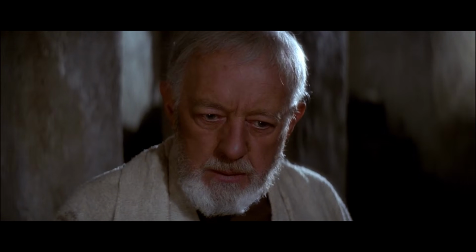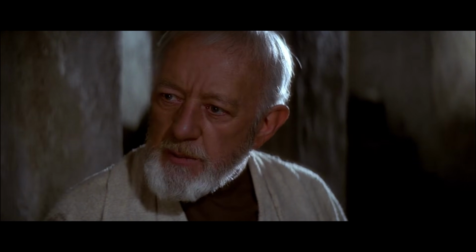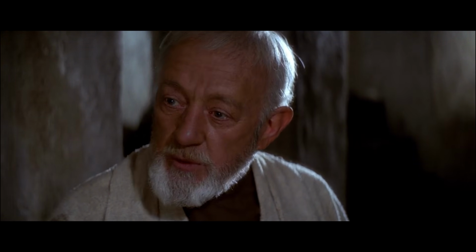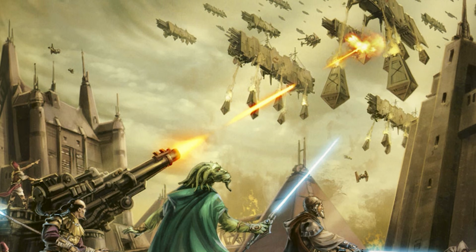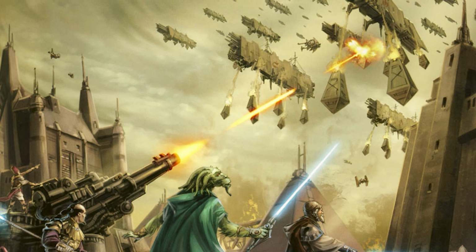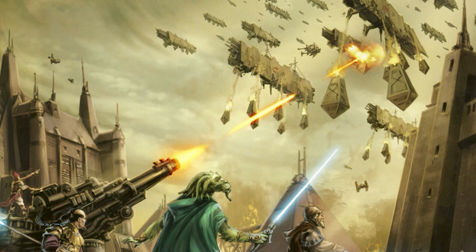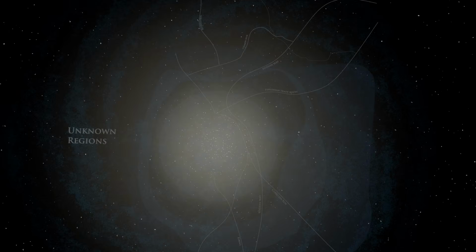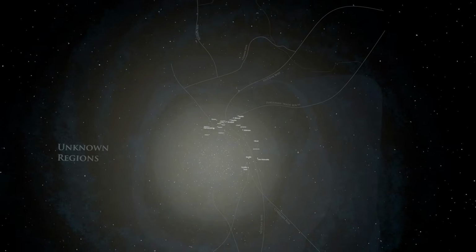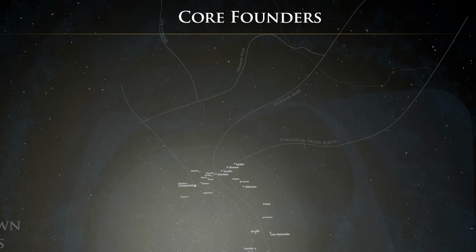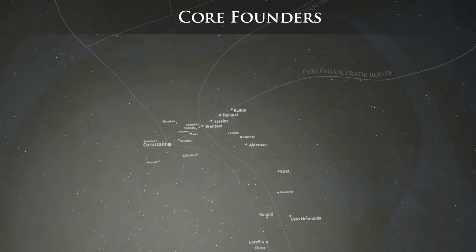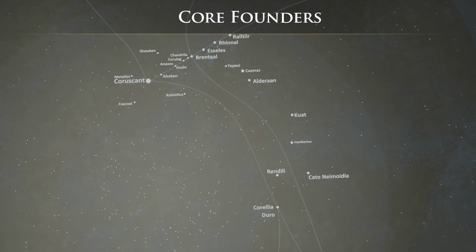One of the first things we learn in Star Wars Episode 4 is that the Old Republic stood for 1,000 generations, and later media and source books took that pretty literally, setting the founding of the Republic about 25,000 years before the rise and fall of the Galactic Empire. So today we're going to go over what the Republic looked like at its conception, specifically by taking a look at its founding members, known as the Core Founders, conveniently located as they were in the Galactic Core.